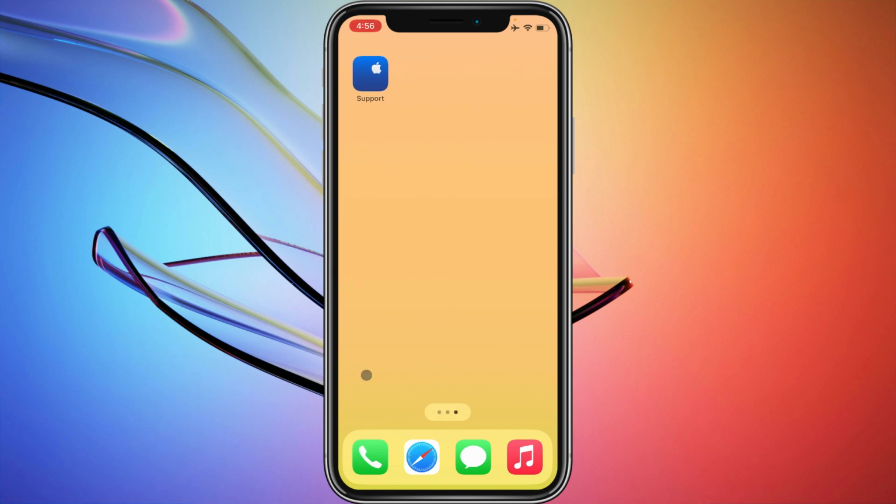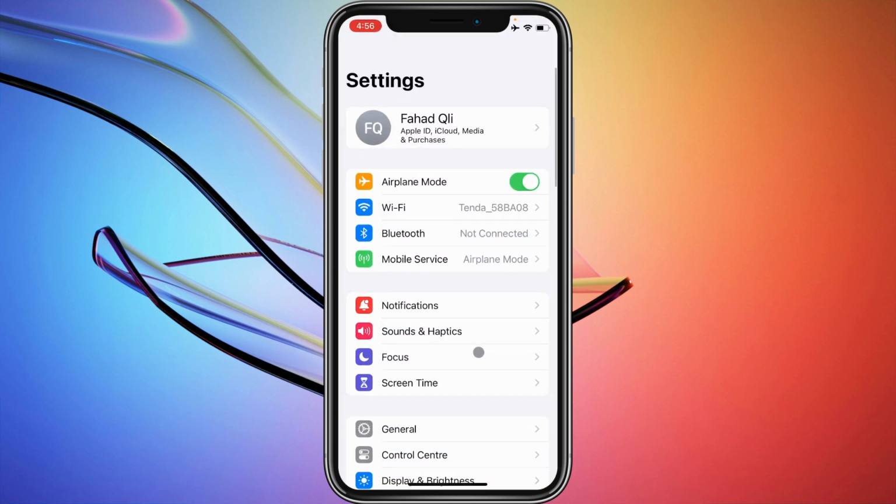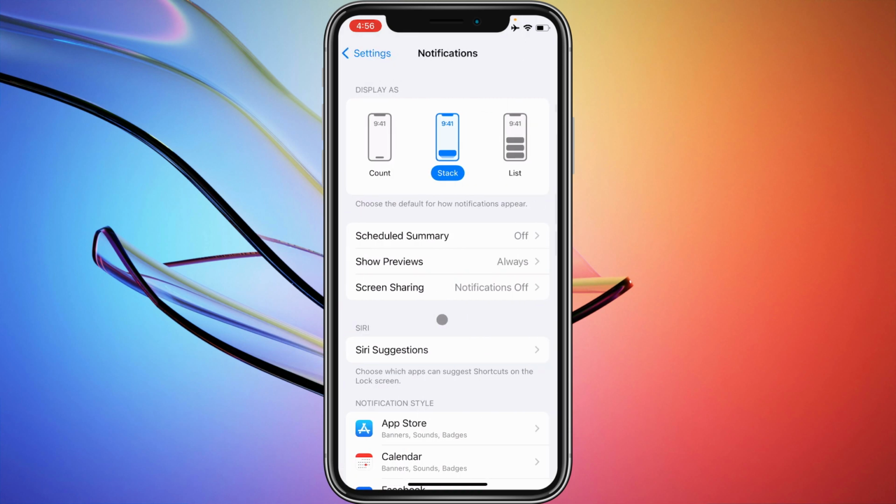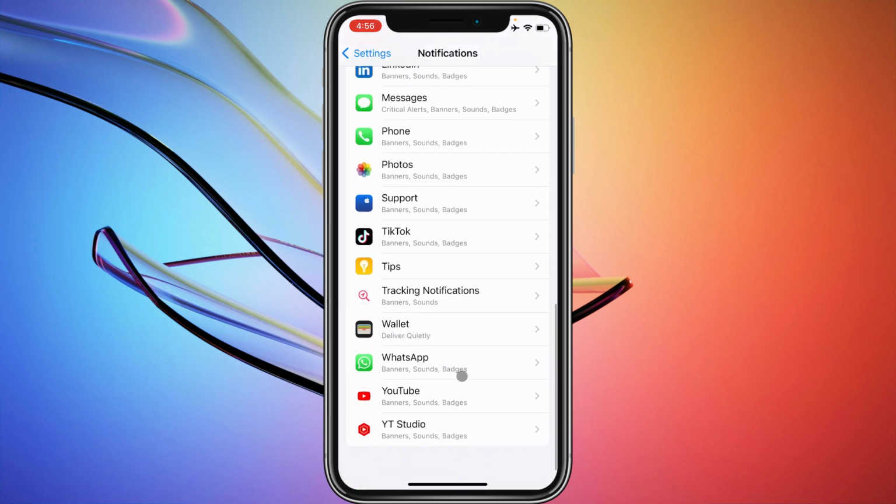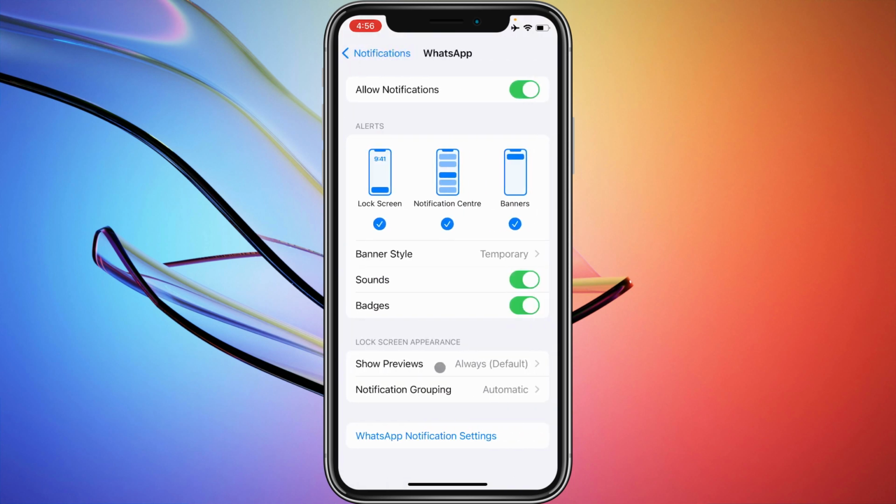the second method is you need to open your settings in iPhone, and click on the notifications tab, and from here you need to find your WhatsApp. As you can see, you need to click on this tab, and you need to allow notifications, as you can see. And after this you need to check all three of these tabs, that is lock screen, notification center, and banners. So guys, if any one is unchecked, then you need to check all of these, and after